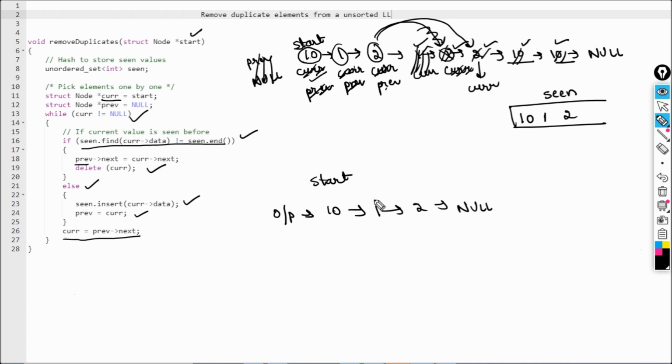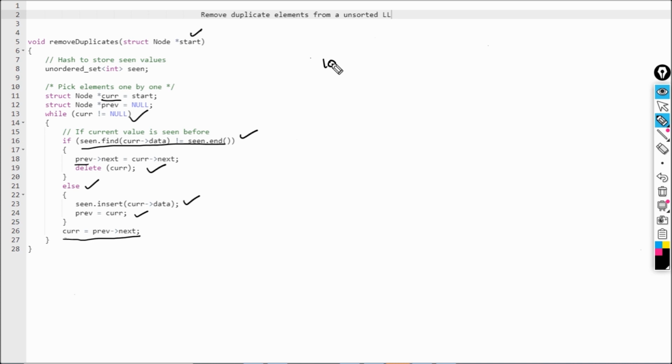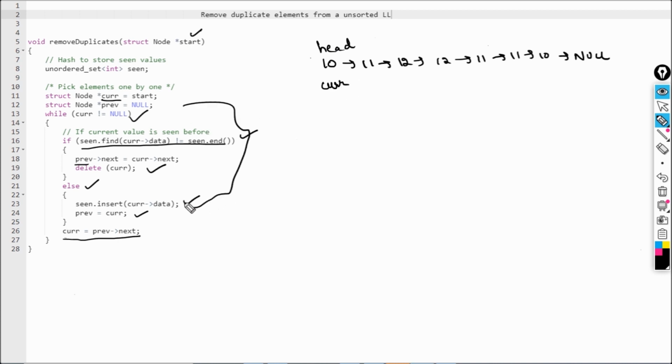Okay, so now let's discuss the time complexity for this. Say this is my list: 10, 11, 12, 12, 11, 11, and 10. So this is my head node, and this is my current. What I'm doing here in this part is iterating over this whole list.